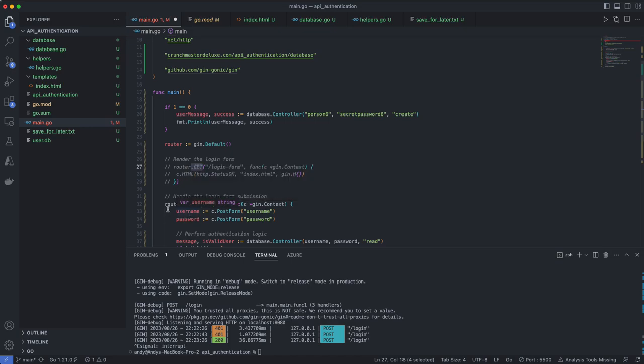And so my Gin router, when I post, I'm binding my /login URL to this context. And I think of context as, there's a library in Python called TastyPy, if anybody's ever used that. The way that it handles API requests is that there's a lot to an API request. There's the URL where the request was made, there's the headers, there's a request body, if there is one, and